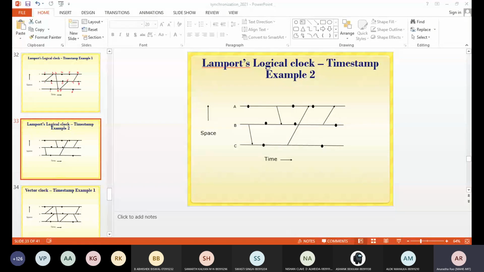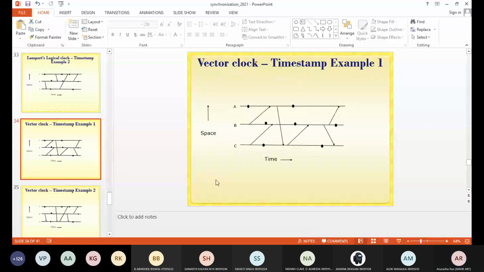Okay, in the same way, now go for this example for vector clock. Check the vector clock conditions and then give the vector clock timestamp. Write down the space-time diagram and then start working on it. Quickly do it. One more example is there. It will take some time, don't worry, but at least give it a try so that you will be able to understand where you are going wrong.